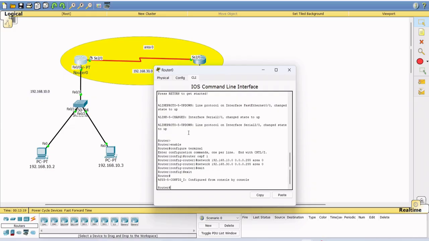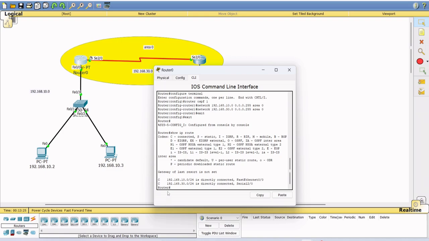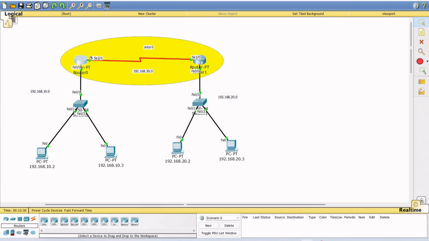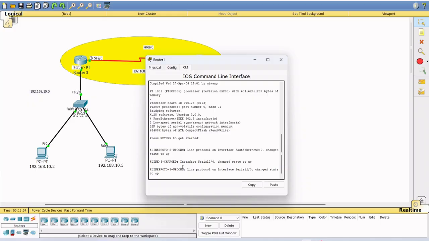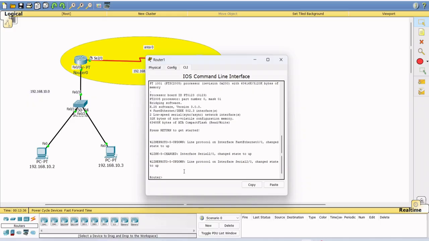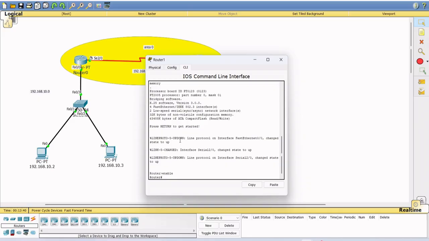Now just type exit, and here you can find the route details of this particular router with the help of the command show IP route, and here you'll find this particular router is connected with these networks, right? Same thing we'll do on the other router. Click on this, again go to the CLI, press enter, do the same thing like enable, then configure terminal,